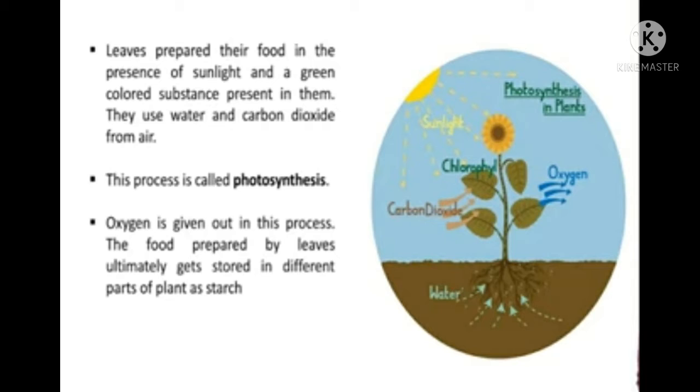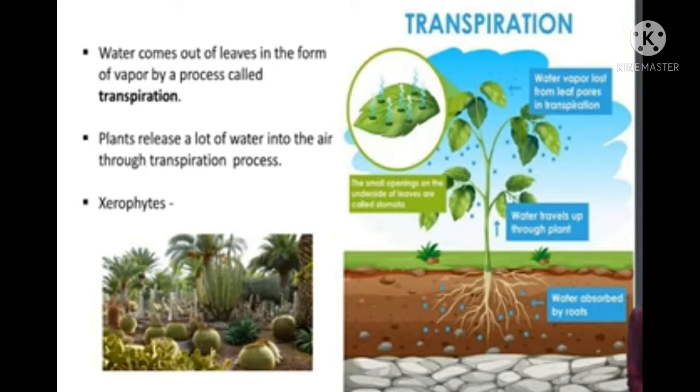The plants are green in color due to the presence of chlorophyll, and the plants that do not have chlorophyll cannot prepare their food. So, in the presence of chlorophyll only, the plant can make their food. Another important function of leaf is transpiration. The loss of water from the leaves of plants in the form of water vapor is called transpiration.